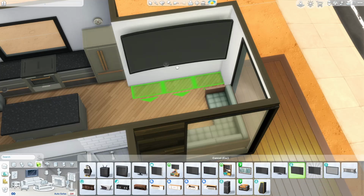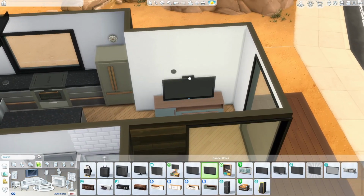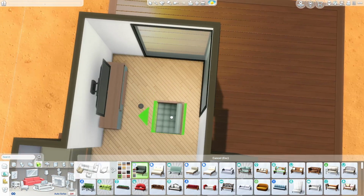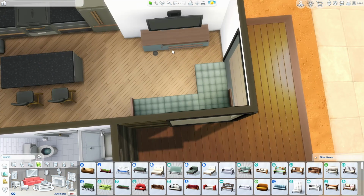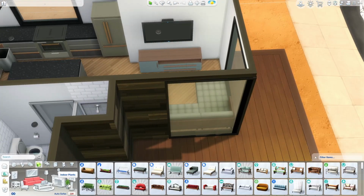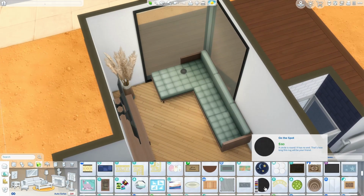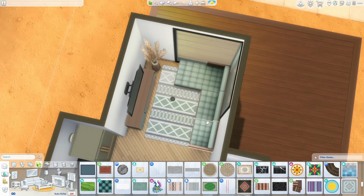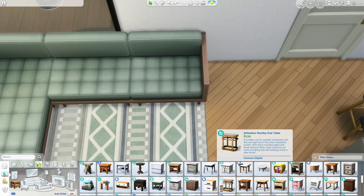So you'll see me here in the lounge. I originally wanted the sofa to face the window, but then there was like no space on that wall for the telly and it wouldn't have been central. So I decided to switch it round, and I switched up the sofa, and I really like this sofa. I feel like it fits the Home Chef Hustle counters really nicely and the fridge quite nicely. They are slightly different shades, but they are still very, very similar. And these sofa pieces, they're like modular, and they come with